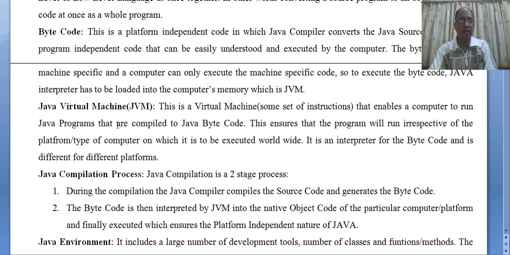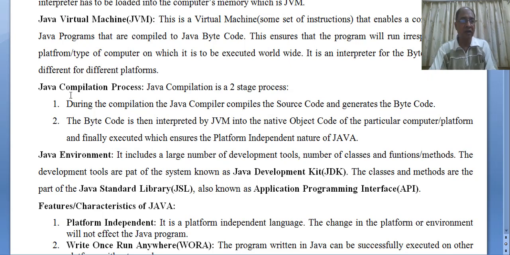So irrespective of the platform, whether it is a DOS platform, an Apple platform, or another Unix platform, the Java Virtual Machine will run your program in any of the operating systems without the need to change the program. So this is a very versatile, or you can say very good, feature of Java, which enables the Java language to work on all types of computers, because Java is an internet language and we do not know on which computer the program is going to run when it is being downloaded or uploaded on machines. So this feature, bytecode and Java Virtual Machines together, makes sure that the Java program is platform independent.